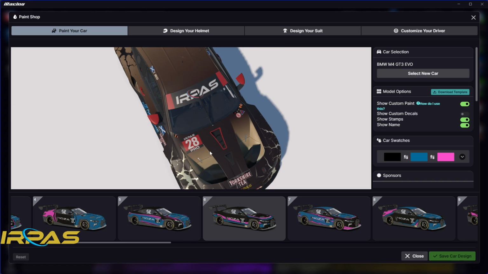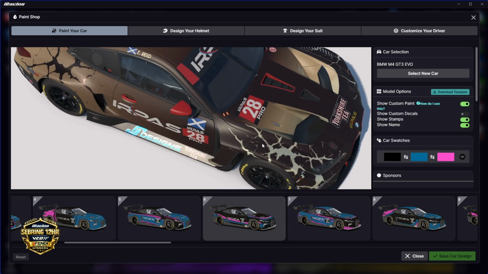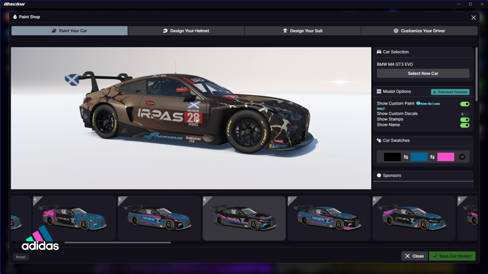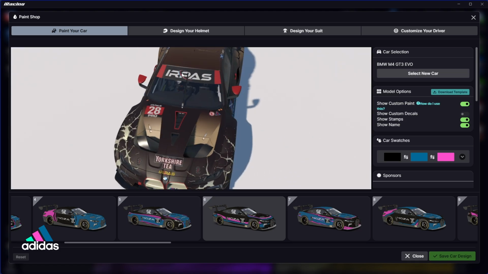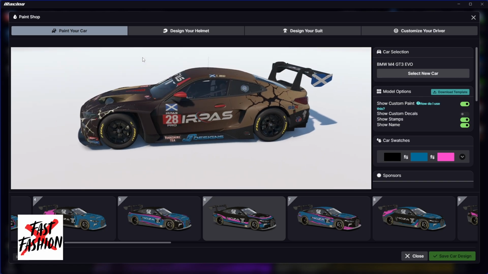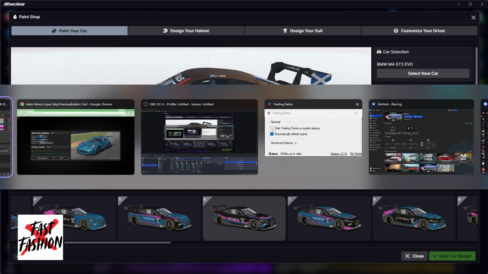But there's some other areas where there's bleed through, right? We don't necessarily want the effect on here. And I would like it if we could keep the number boards more gloss. The windshield banners should be gloss. Certain bits of the car don't need to be matte, right? So we're going to go back into GIMP